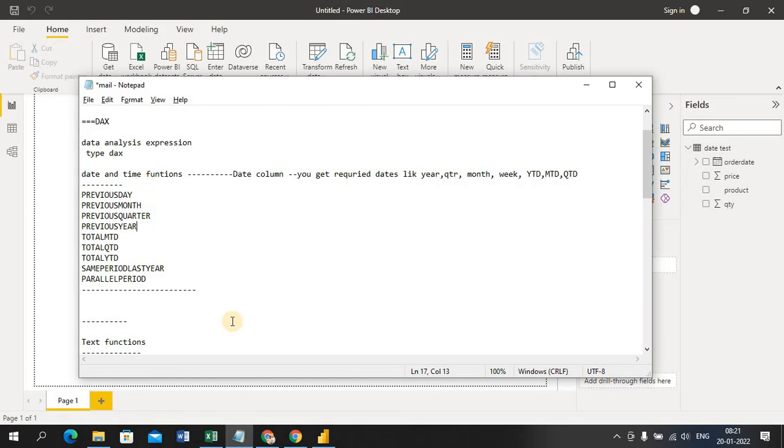I'll tell you the logic of how to do that. The rest of the things you have to practice. There are so many DAX functions in Power BI. Each function we can discuss, and if you understand the concept and logic, the rest of the things are easy. Before starting, the main thing is, whenever you use a DAX function, it's very important to understand what the filter is in it and what the expression is.